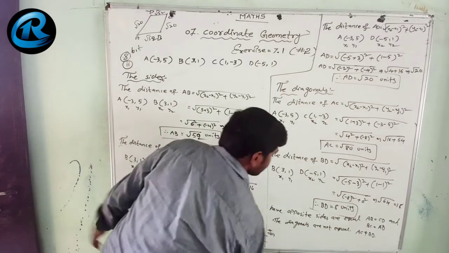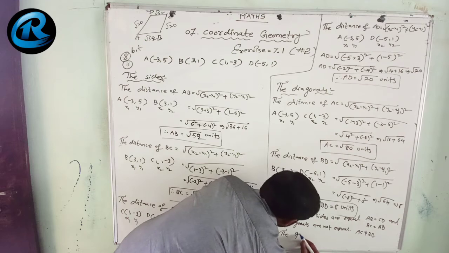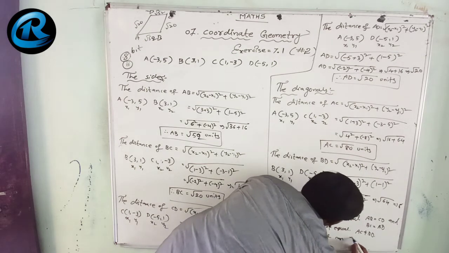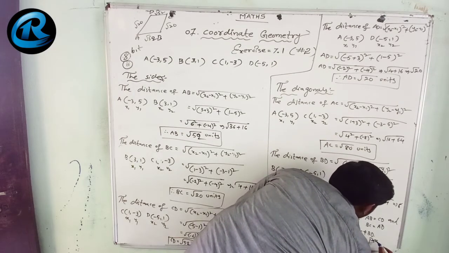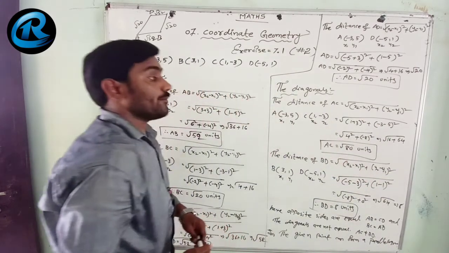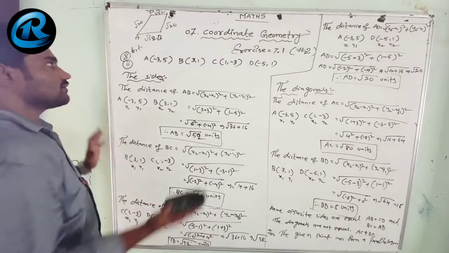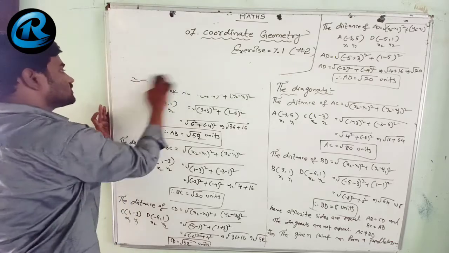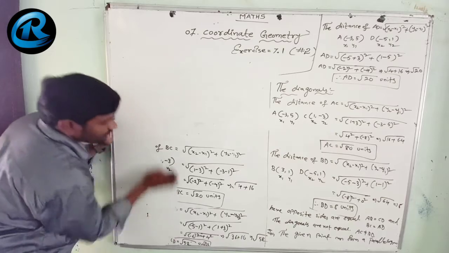So the given points can form a parallelogram, because opposite sides are equal and the diagonals are not equal. Opposite sides are equal, diagonals are not equal. So it can form